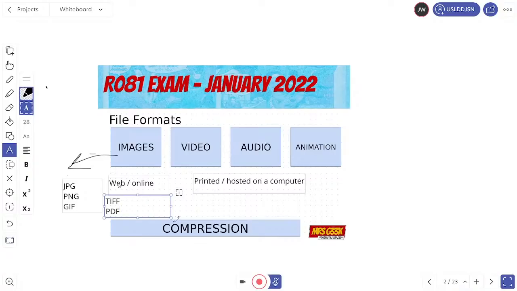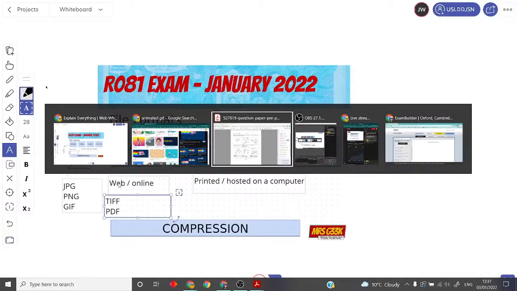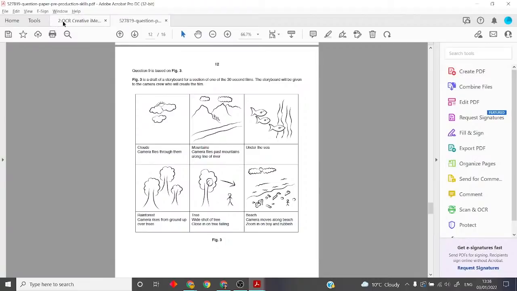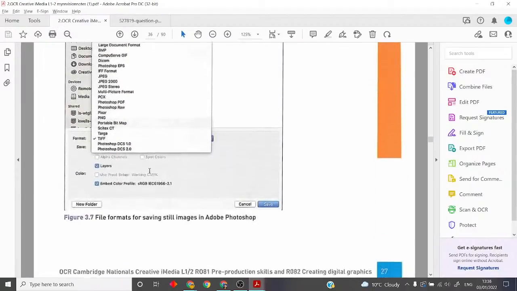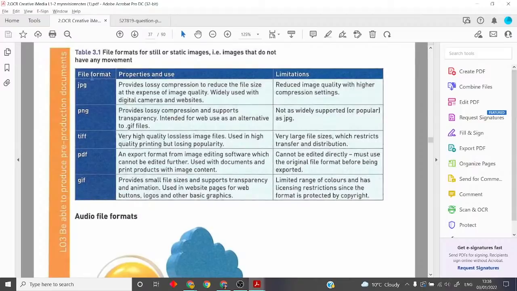Now, if you want to find out a little bit more about this, I have got my animated GIFs in the background. Let me go over here. I've got the textbook, and the textbook's got some details about the typical file formats you've got here. So you've got JPEGs, PNGs, TIFF, PDFs and GIFs. Now they're all going to have pros and cons depending on what they are. JPEG has reduced image quality when you compress it a little bit more, and we'll come on to compression in a minute. PNG, again, has that transparent background and is a good alternative to GIFs. TIFF is your high quality, lossless compression, which again we'll come back to in a minute. PDF is difficult to edit, but again can use text and images together.